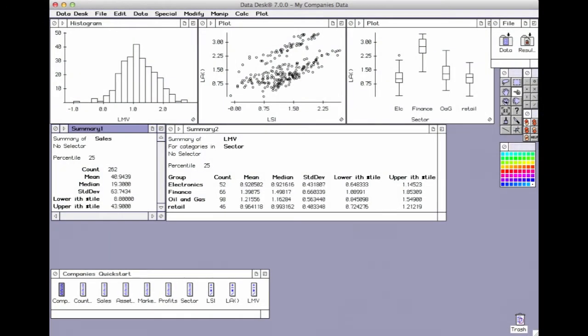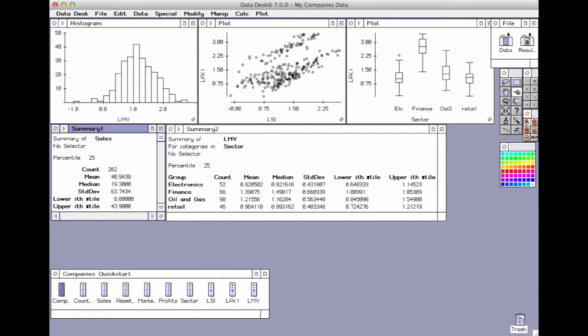If you've closed your data file, open it now. If you haven't been following along by actually working with Data Desk, this is your last chance to catch up. You're really going to want to touch your data, and you'll miss the fun if you're just watching. Just in case, we've saved another version of the data as Quickstart Companies 6.dsk, so you can pick up here